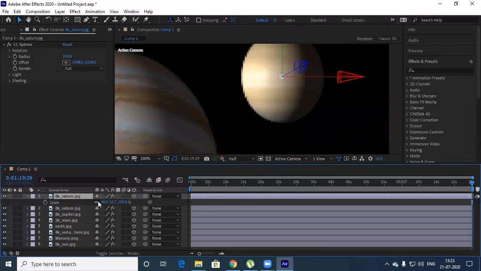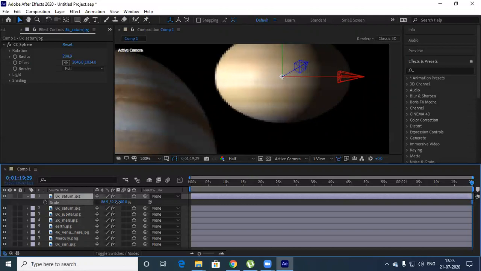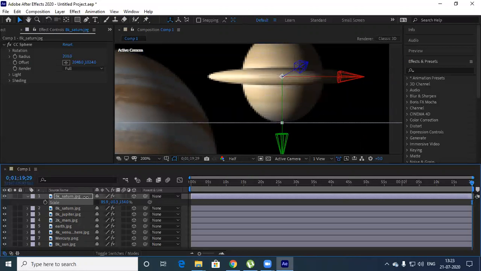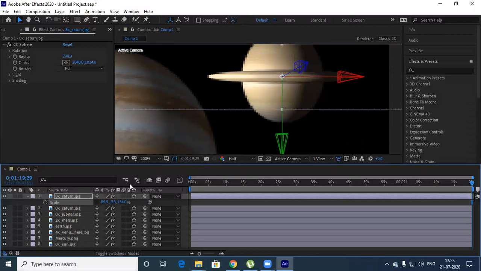Here the link is there. No, turn off this constant proportion. X, Y, Z. X axis I'm increasing so that it looks like this. Z axis also I'll increase a bit, but Y axis I'm reducing. Okay. Yes. So you get to see like a ring.